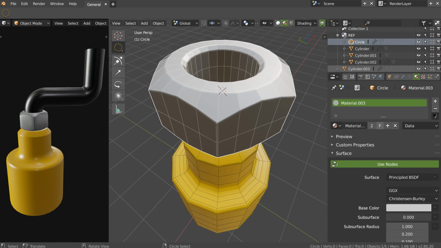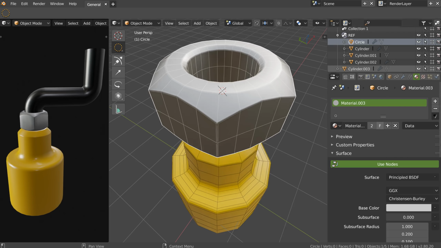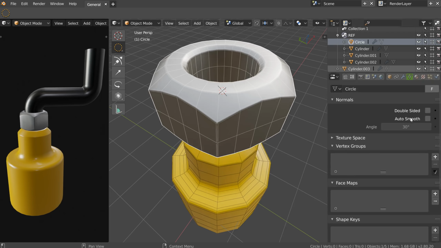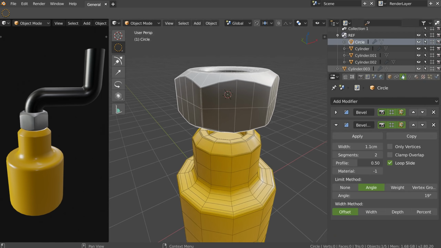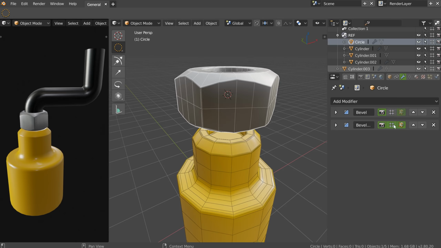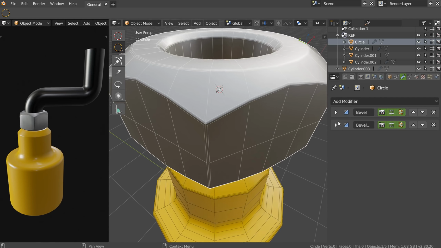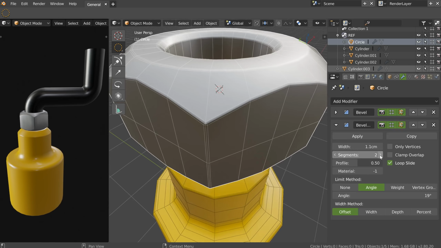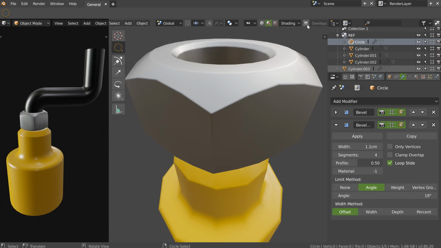I have to go in object, smooth shading, and maybe activate the auto smooth. And I have my modifiers and everything. I can hide it and remove it and edit it. And for me, this is really important to have the perfect result. And I will just hide this one.